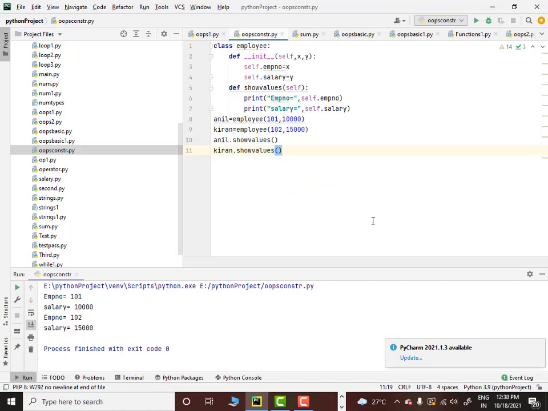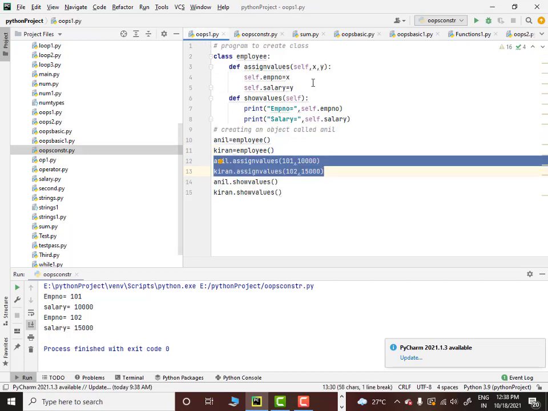So basically, since we defined the constructor with self, x, y, it got automatically assigned and the output was automatically done. Exactly. Correct. Perfect. So you don't have to call a method exclusively for constructing the values, which you did in the previous example. Okay. So Balu, I have a doubt here.